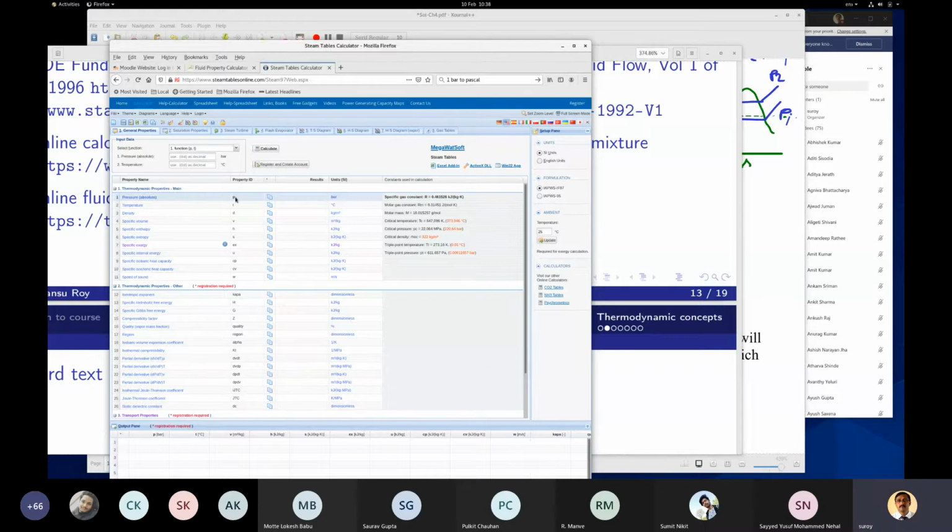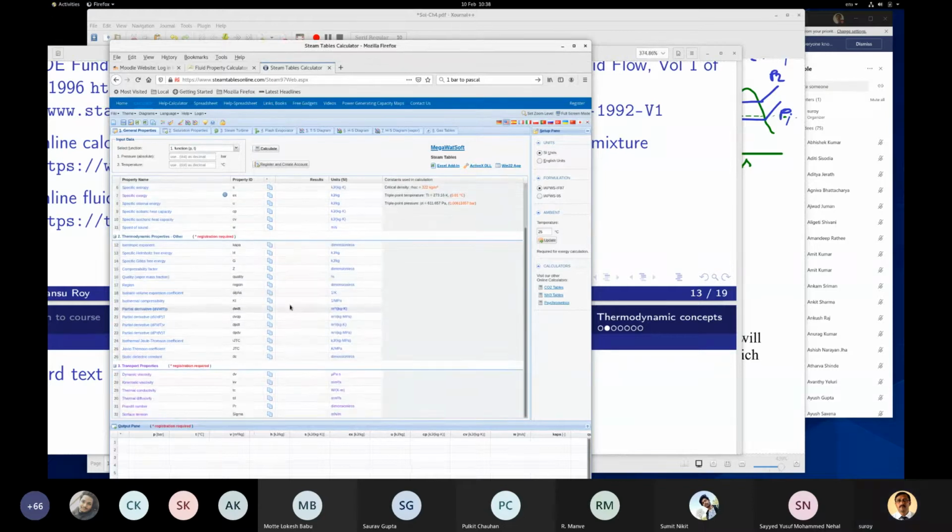So if you give the pressure, how to give it? Pressure absolute, right? So I have to use 200 kilopascal, which means 0.2 bar, and the temperature is 200. I have to calculate. This will be a better one. This is much better, right? For this, registration is required. So here you are able to see internal energy. This is better, of course.